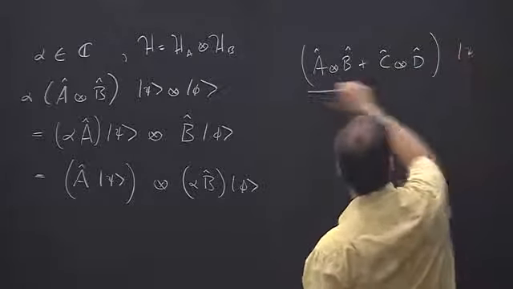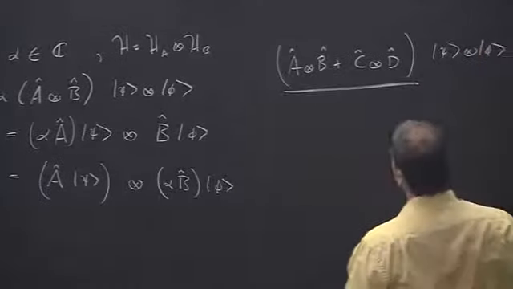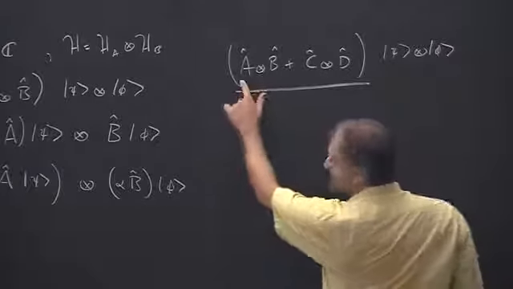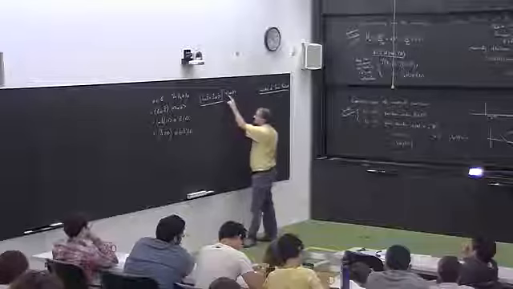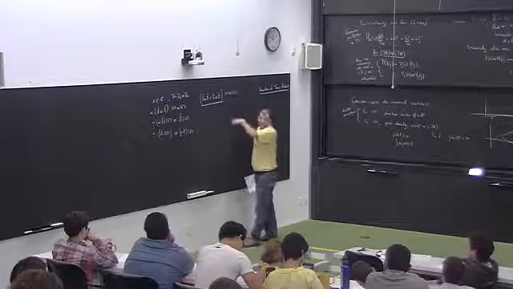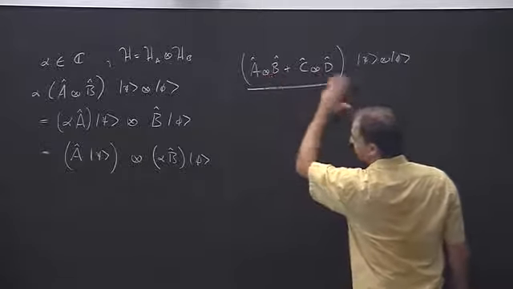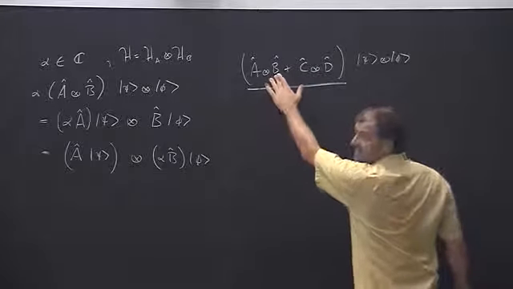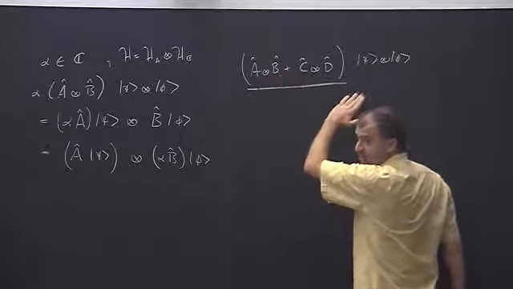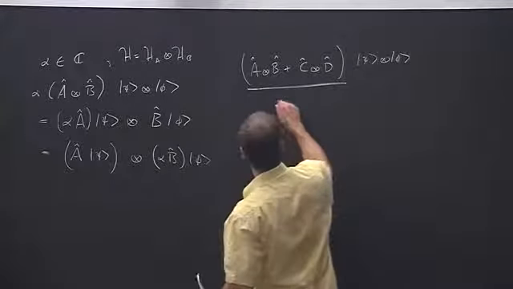I write my operators here, and then I write my states here. If you're left of the tensor product symbol, you act on the state that's left of the tensor product symbol. If you're right of it, you act on the state that's right. If you generalize to the tripartite setting, if this is A cross B cross E, then B acts on the second, and the next one would act on the third space, and so on, right? So it's a placeholder, and this is equal to